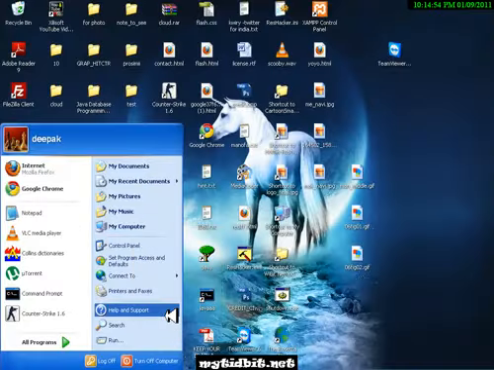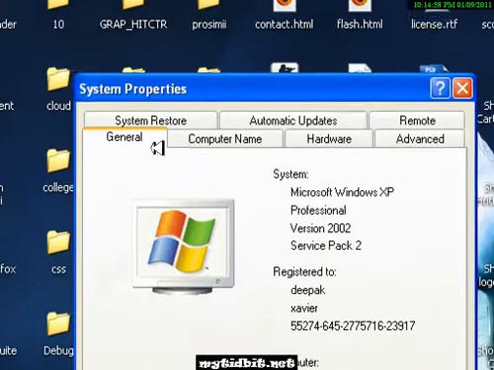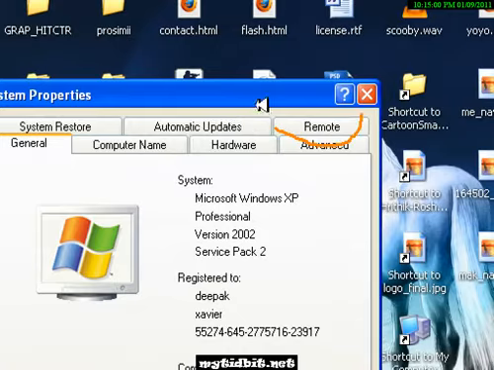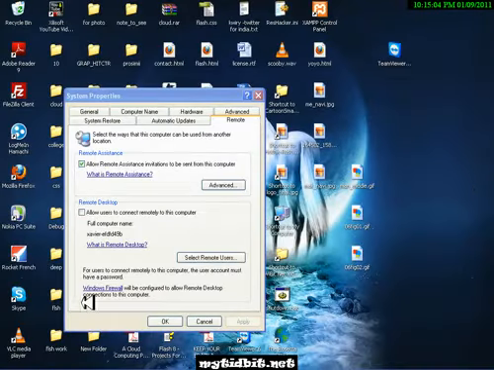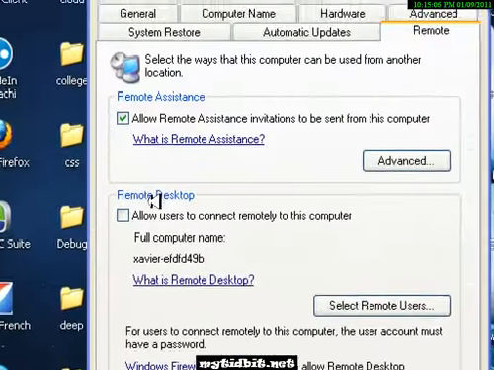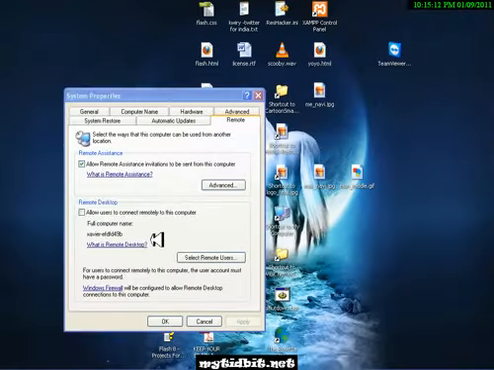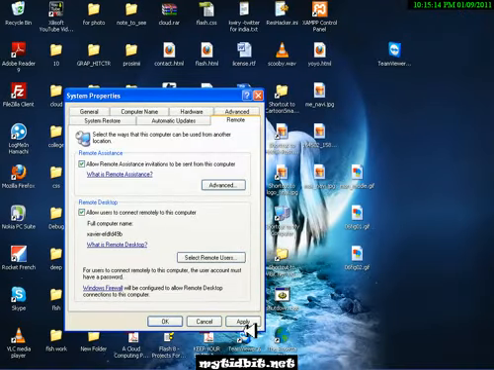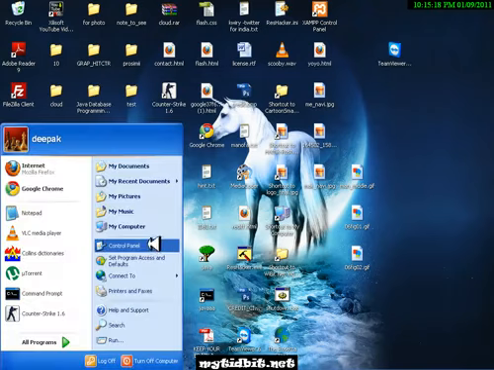I'm going to click Properties, and this window pops up, and here go for this Remote option. Just click on this Remote. So here there's a checkbox, allow users to connect remotely to this computer. Just make sure it's checked and click on Apply. Okay, and then again go to Control Panel,